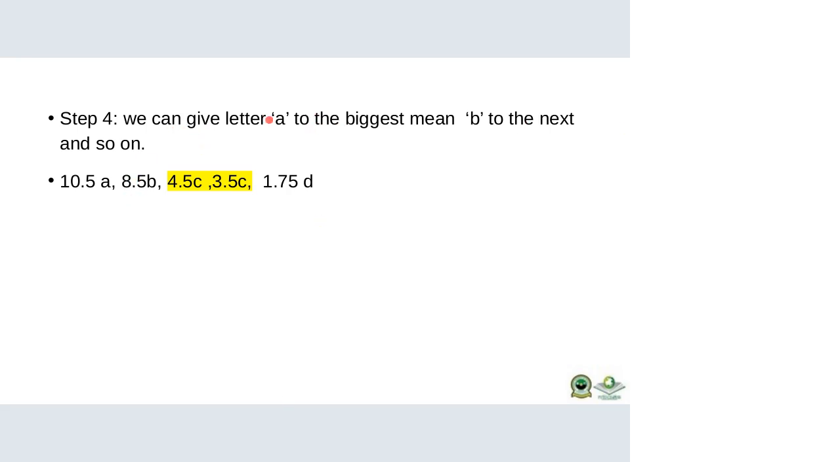Now we can give letter A to the biggest mean, B to the next, and so on and so forth. So this now is A. If you group them, of course, let's look at